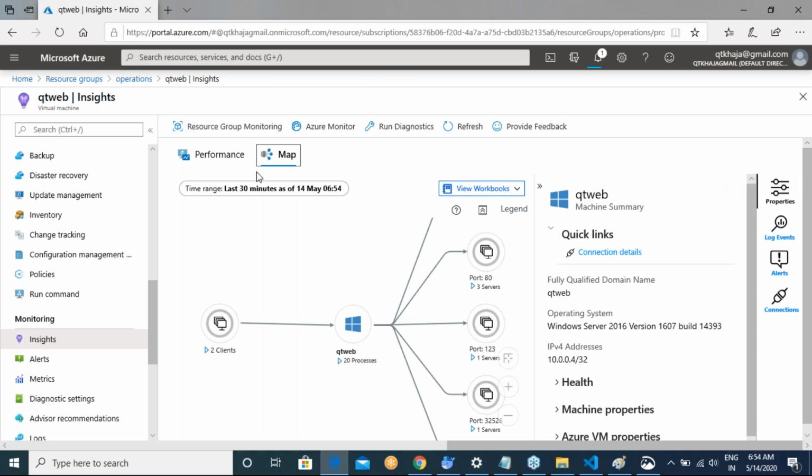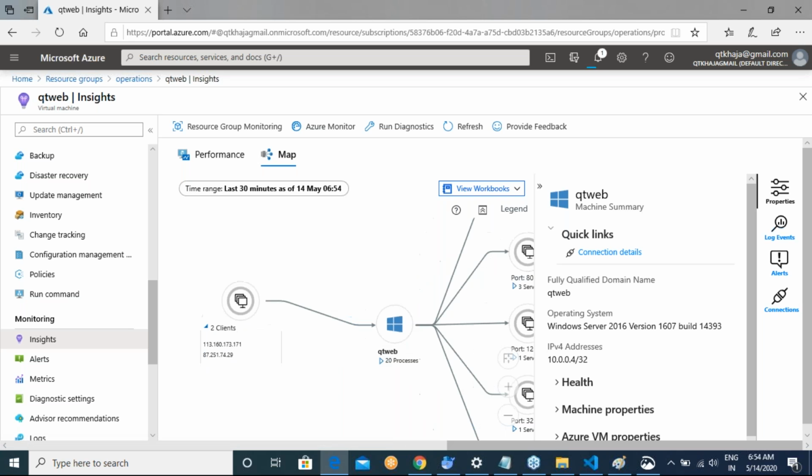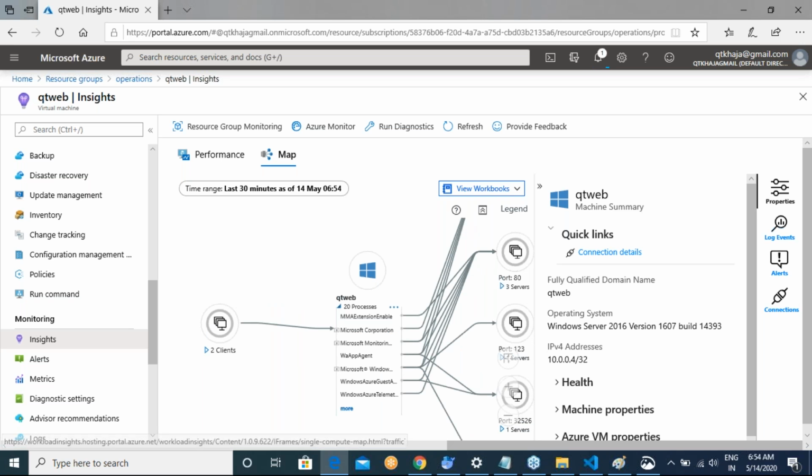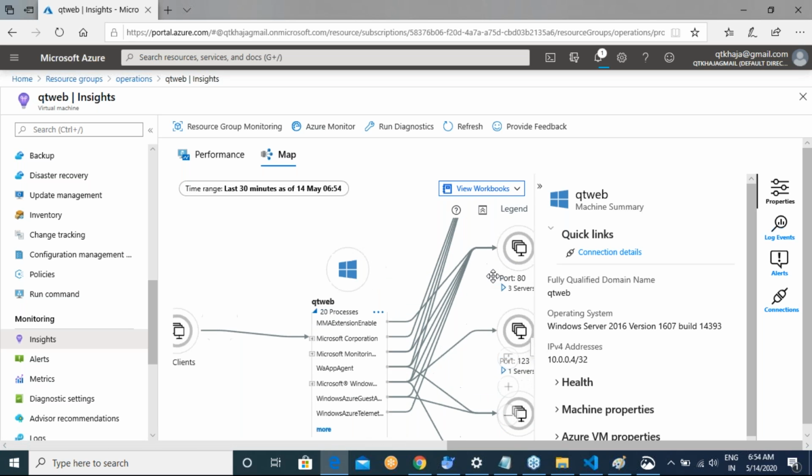Now if you look into it, it is trying to tell your whole insight, saying that you have two clients which are connected to Qt web, and in Qt web there are 20 processes that are running.